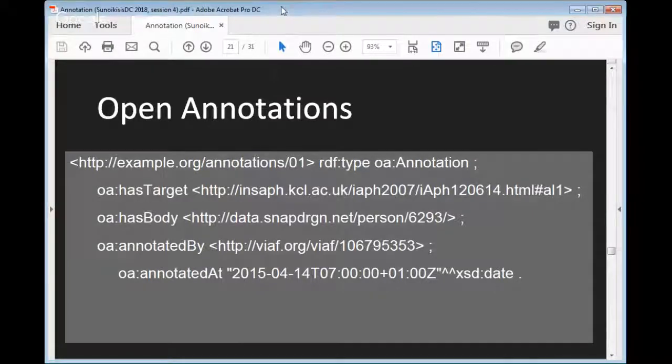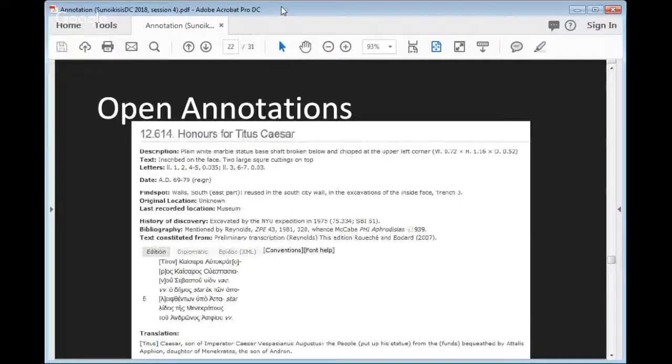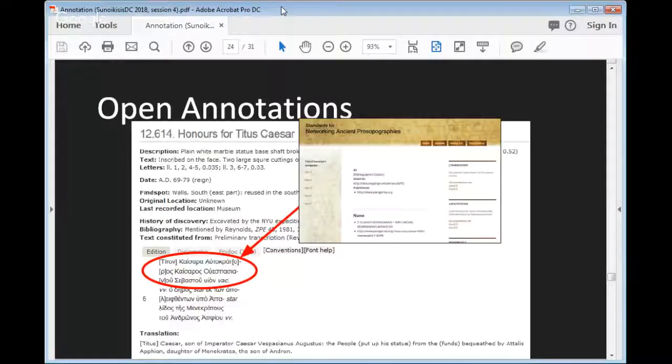To communicate this thing again in a more visual way, just very quickly, here is the inscription, or this is a web page with an edition of the inscription. But let's say this is the inscription. This is the first line, well, in fact, the first 3 lines of the inscription, because being an emperor, it's a very long name. And we point at those couple of lines of the inscription, and we annotate those lines of the inscription with an identifier which takes us to this page about a person.